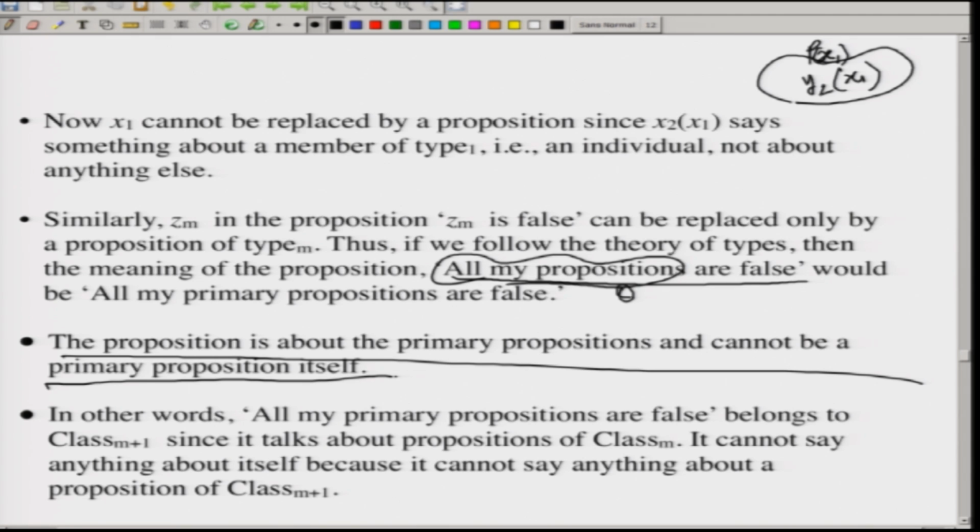It cannot say anything about itself, because it cannot say anything about a proposition of class M plus 1. So, because it talks about other propositions, it will not come under itself, it will not be self referential. We are reinterpreting this sentence because we have to. What is our tool for doing it? The type theory. Without the type theory, this proposition and all other propositions somehow do belong to one level, which is not desired. Okay. So, then